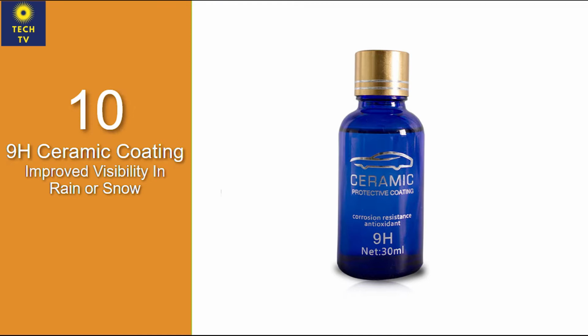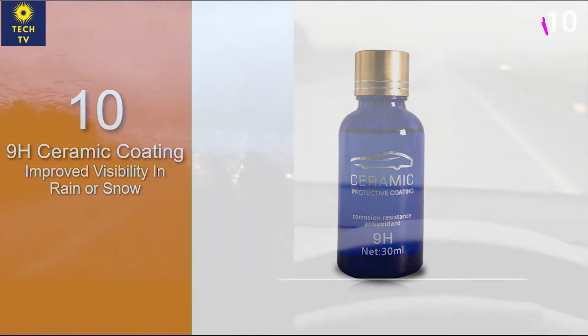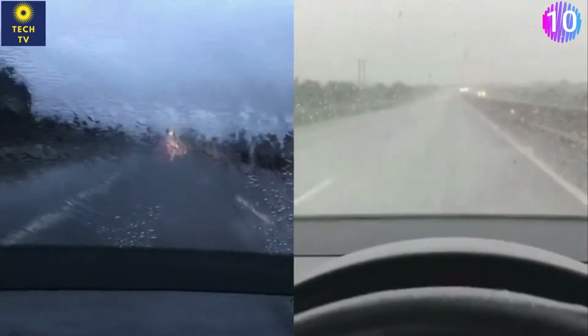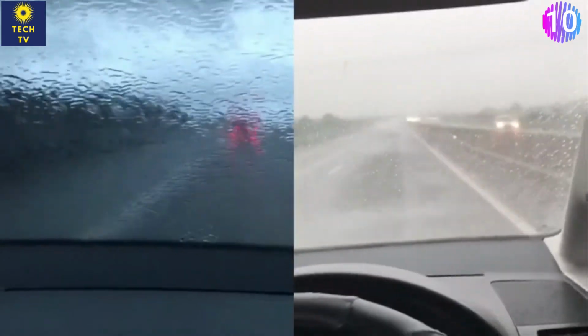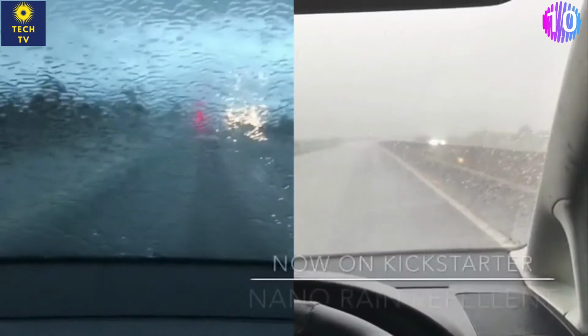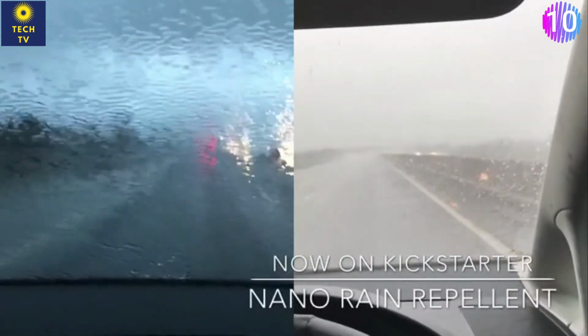10. 9H ceramic coating. Improved visibility in rain or snow. Nano Rain Repellent is designed for your windshield protection and improving driver visibility in wet weather. Nano Rain Repellent is an easy wipe-on coating that creates a protective layer that bonds with your car's windshield, increases